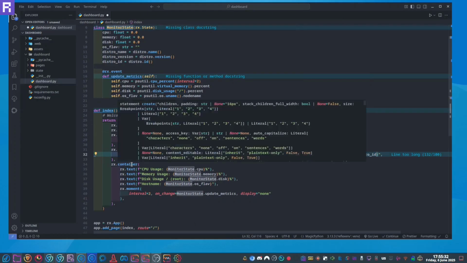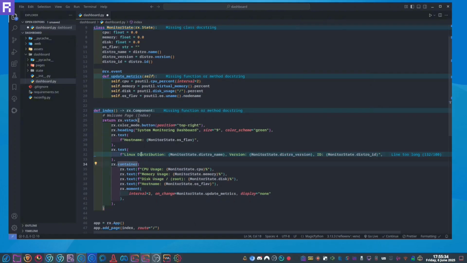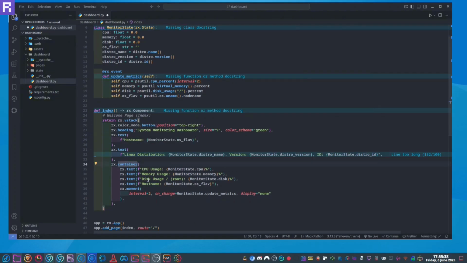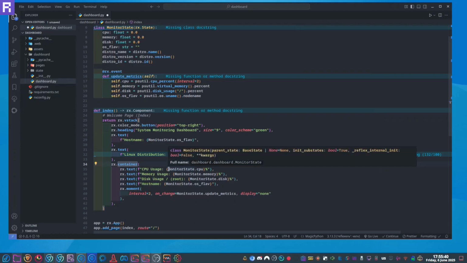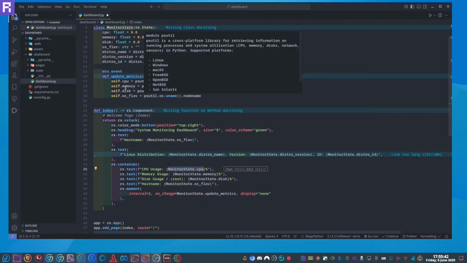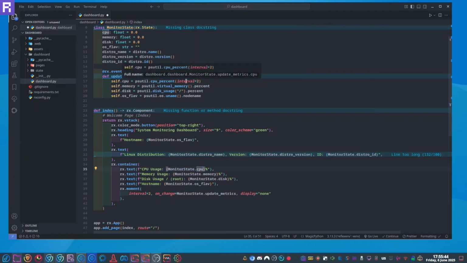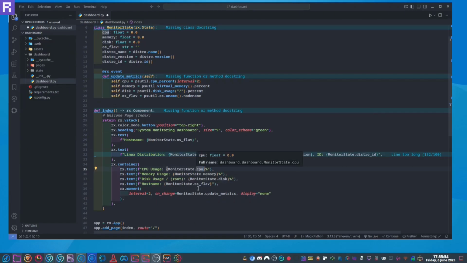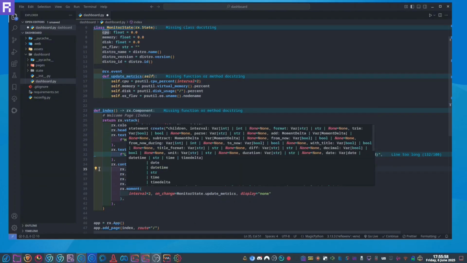And inside a container, inside a VStack, I have CPU usage, and it will call this variable from the method for CPU and memory. Okay, so how do these variables get loaded with the proper data? If you notice here in the same container,